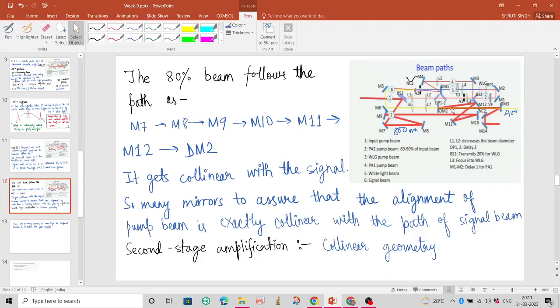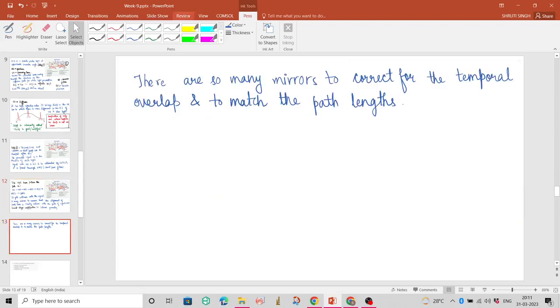after DM2, both the signal and the pump hit the nonlinear crystal, which amplifies the signal, and then it hits DM3. DM3 is again the short pass filter which allows the signal to pass through, but it blocks the pump, and then the pump is reflected and it hits the M13 mirror, then M14, and then we can take out the pump also. So the last part of the setup,